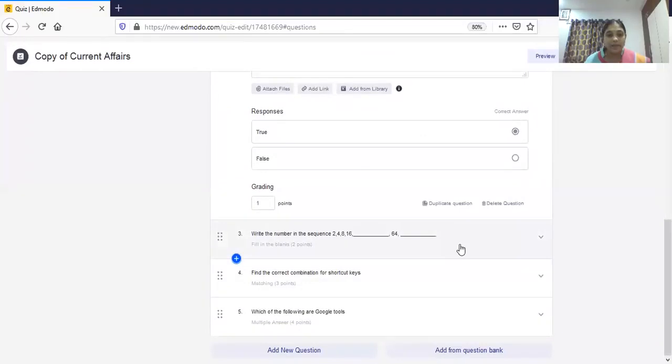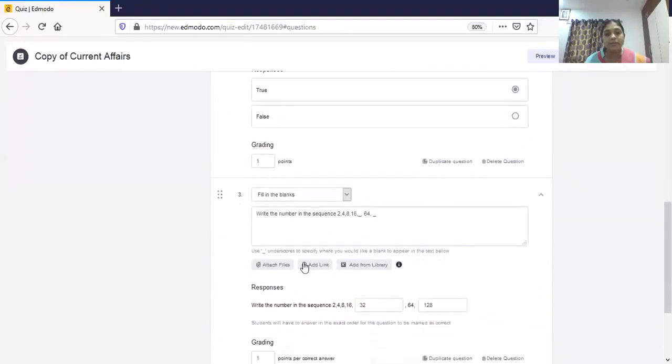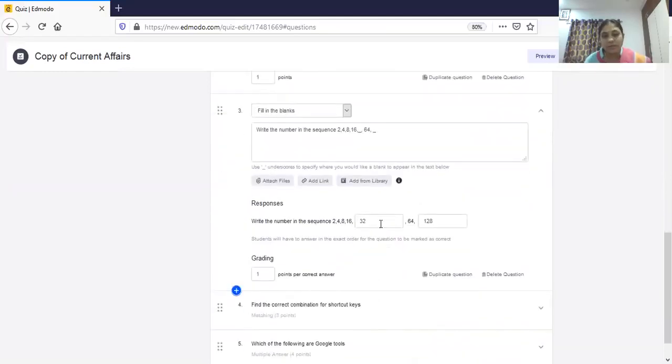Then this is fill in the blanks. For fill in the blanks, you have to use underscore. Wherever you will specify underscore, that will be treated as a blank. For example, here see the sequence. Write the number in the sequence 2, 4, 8, 16. Next is blank, 64. Next is blank. How many blanks you will give? That many you can give as you want.